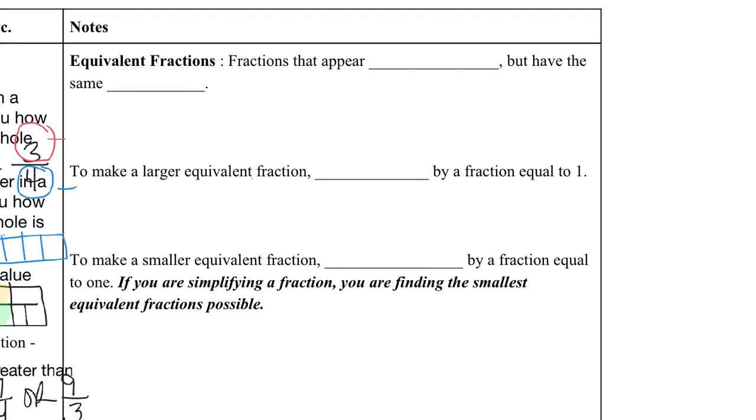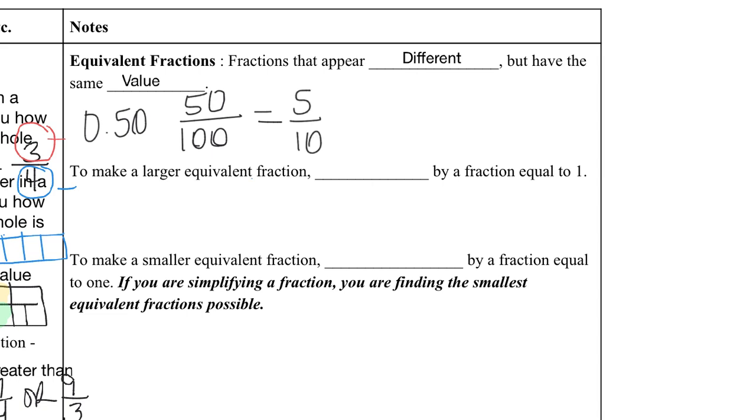Equivalent fractions are fractions that appear different but have the same value. So let's take 50 cents. You can write that as 50/100, which stands for 50 pennies out of 100, or you could convert it to dimes and do 5 dimes out of the 10 dimes, or a half dollar, 1/2. Those are all equivalent fractions. I could keep going with this idea and change it to